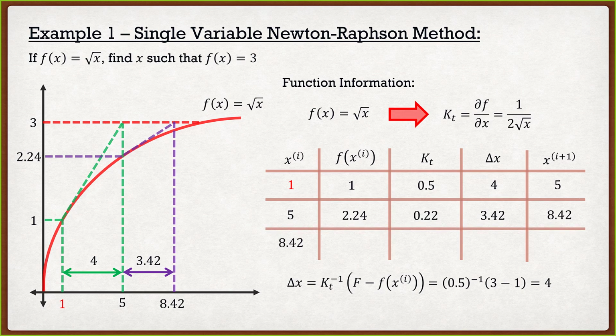So I'm going to take that 8.42, and I'm going to make it my new starting point yet again. I'm going to evaluate f of x as well as kt when x is equal to 8.42, and I get the following. Now at this point, after I've done this third iteration, I get my f of xi is equal to 8.99. So that's way at the end here, and this is basically close enough. At this point, we did 3 iterations, and we said to get a load of 3 from our Newton-Raphson method, we need to apply a displacement of 8.99 millimeters, which is essentially 9. Of course, as we do more iterations, it's going to get closer and closer, but 8.99, when we know the answer is 9, that's going to be pretty good.